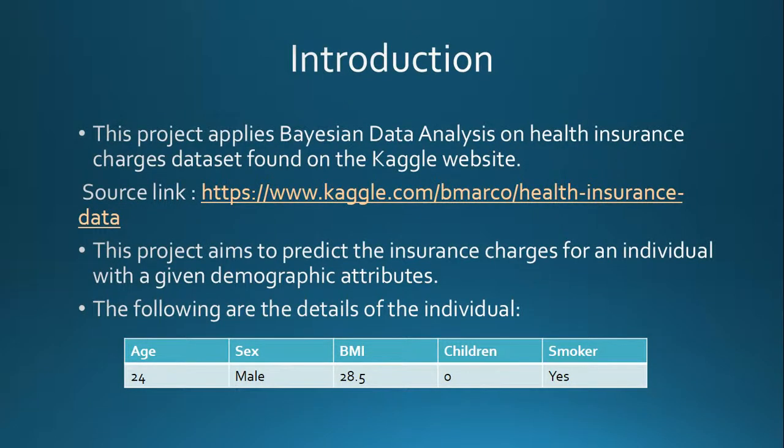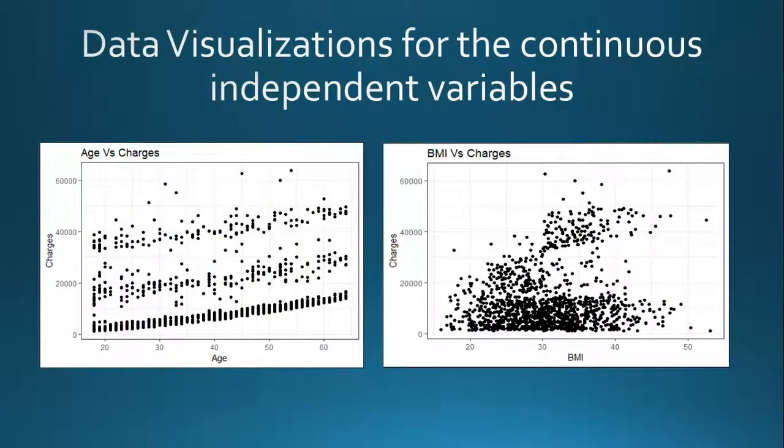And here's the introduction. As we can see, we have taken the dataset from Kaggle. It's about the health insurance charges based upon an individual's demographic details. So we have variables such as age, sex, BMI, children, and whether he or she is a smoker or not. So in this project, we are aiming to predict the insurance charges based upon their own demographic details. So before going there, we have done some visualizations and we have found the descriptive statistics and